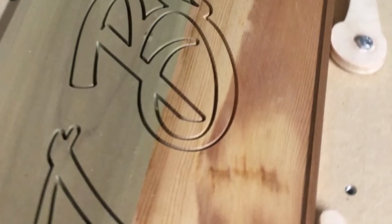Now, my CNC machine is only a 12 by 12 cutting area, which is a little bit too small for a logo this size. The letters were 7 inches tall, but the Oklahoma sign at the very end was about 11 inches, and I also had it like 36 inches long. In order to make it fast and easy and to make sure that everything lined up, because otherwise I would have had to tile mine, and they don't always line up if you're not careful, I took it to a friend at Rock Creek